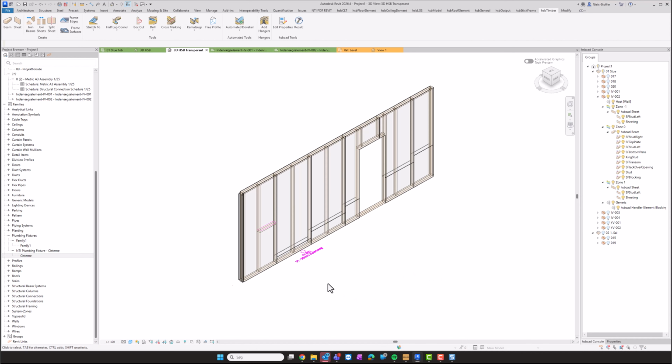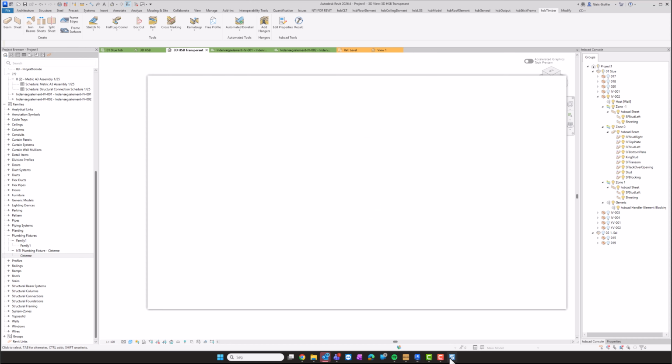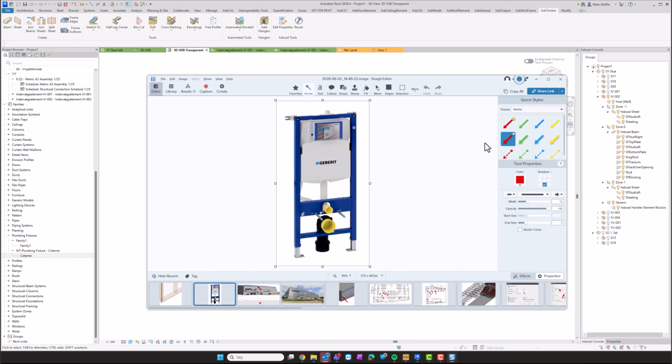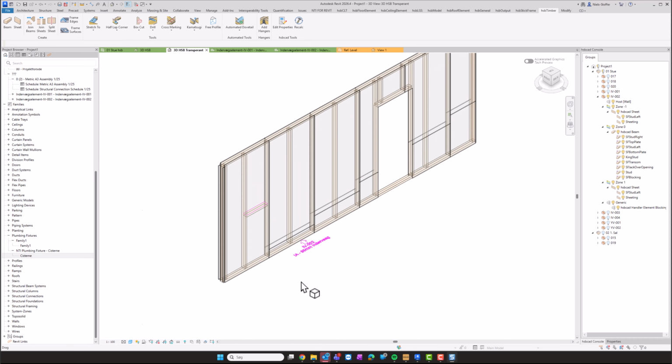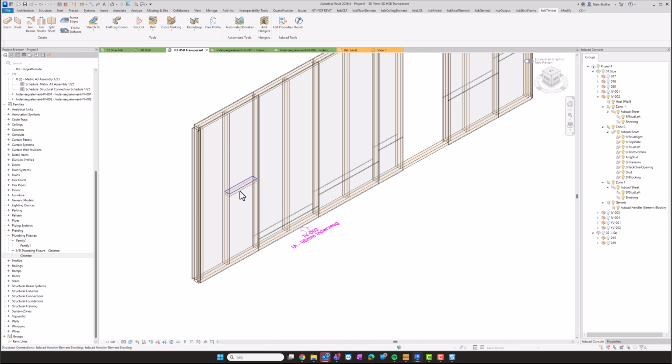In this small video I will show you how to create holes for a toilet like this. In this model I have created a blocking, and what I will do now is cut this